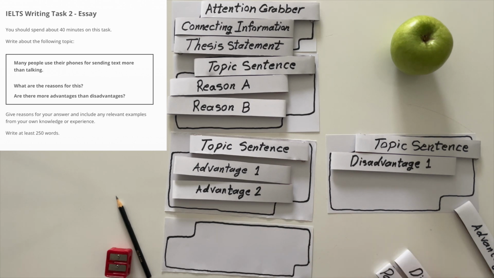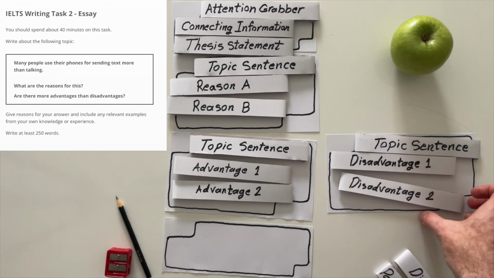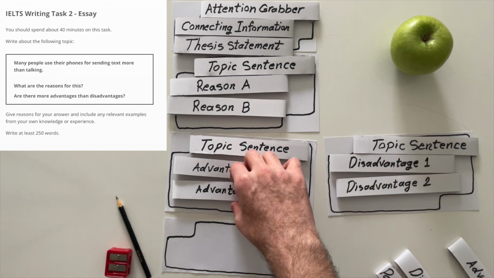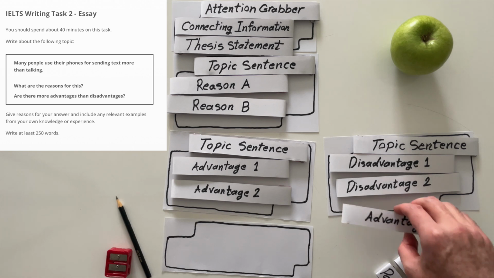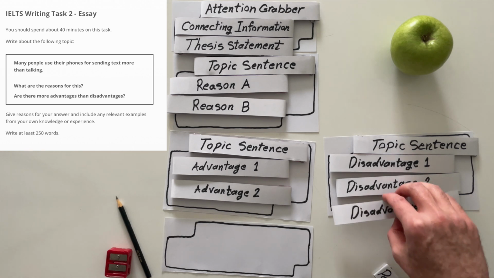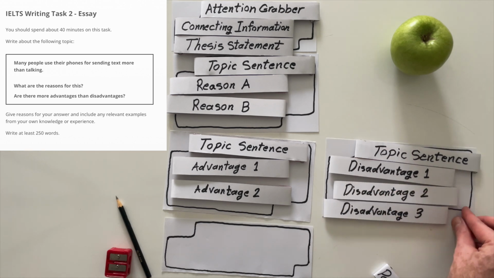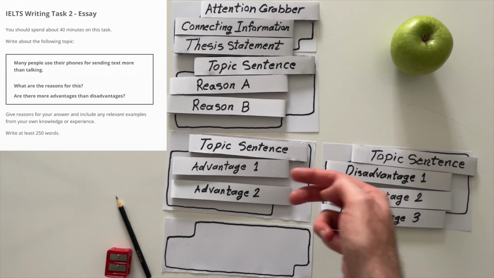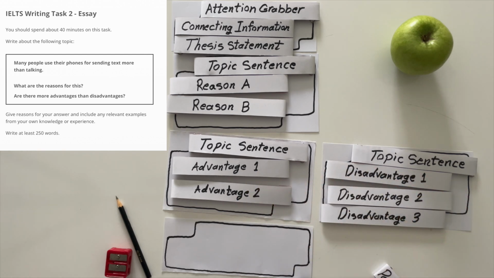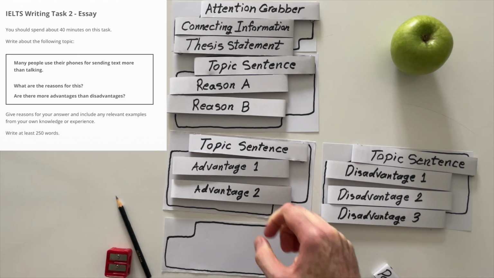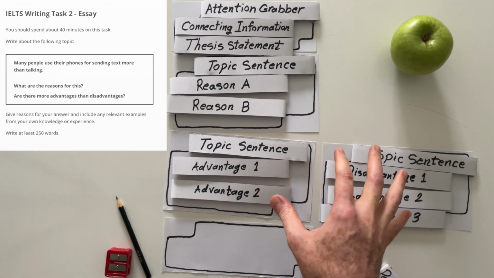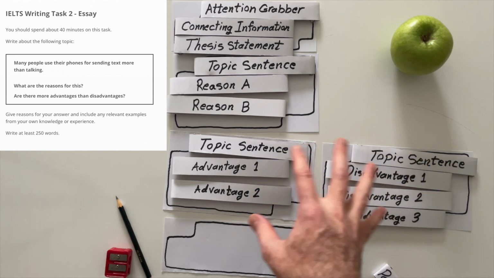Or you can do vice versa. You can come up with more disadvantages. Even I can do this. I can come up with 3 disadvantages. So 3 is larger than 2, and you can show that yes, there are more disadvantages than these advantages. But as I said, I believe in these cases, this is another approach.